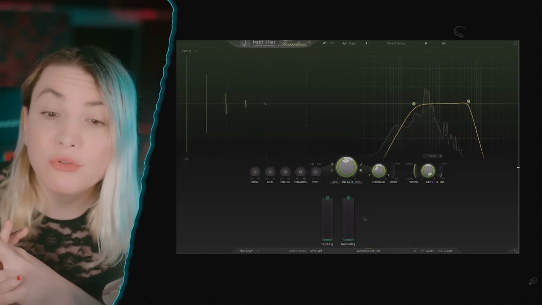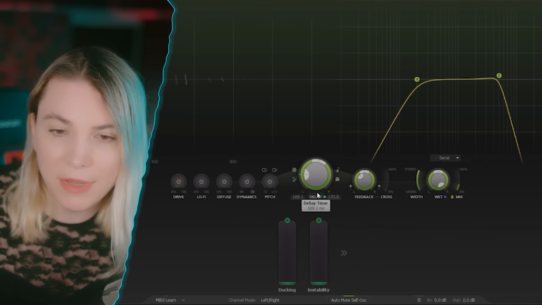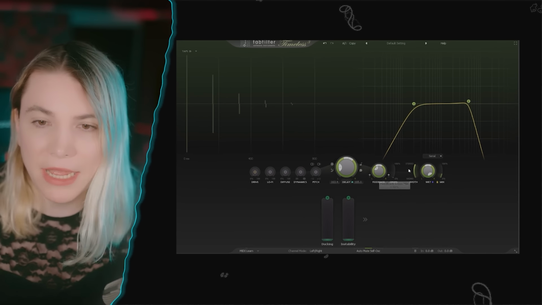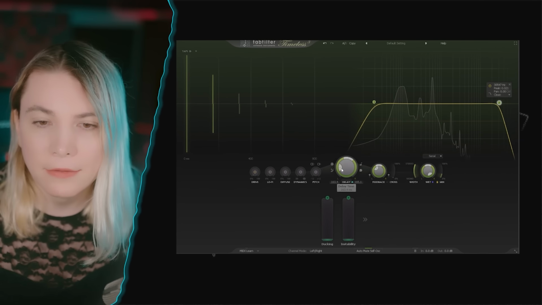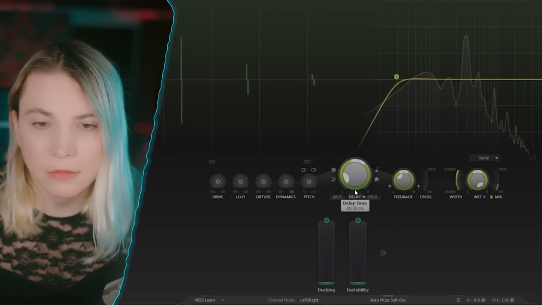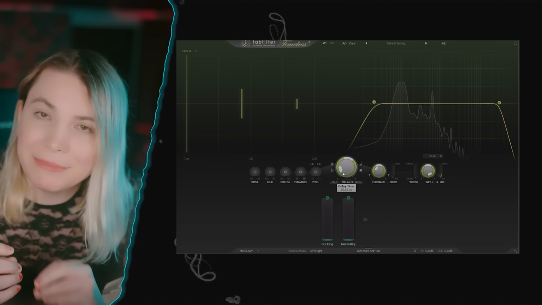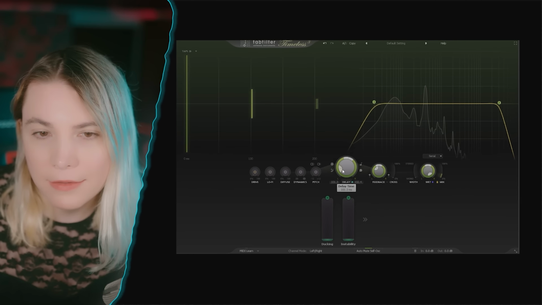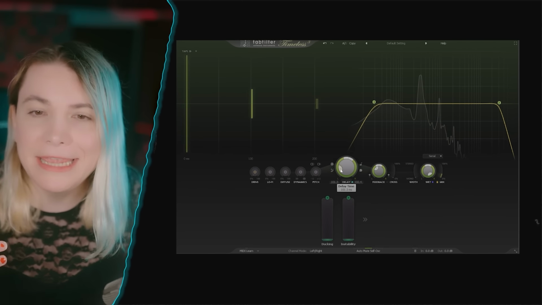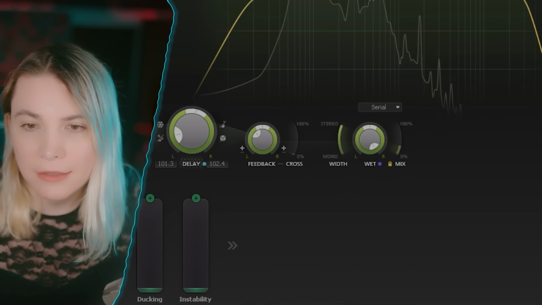The first thing that I'm going to do actually, remove the sync so that I can control the delay time manually. Look what happens when I start. Let's open the filter as well. This is a very tight delay sound, and what I like to do, open up slightly. So you can either just go for the stereo delay like this, but I feel like